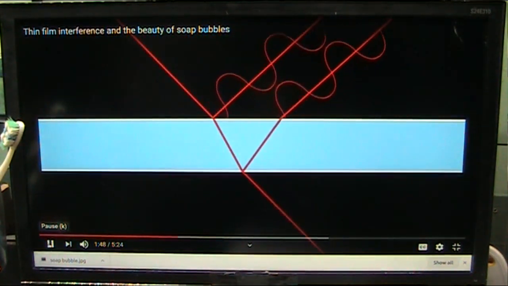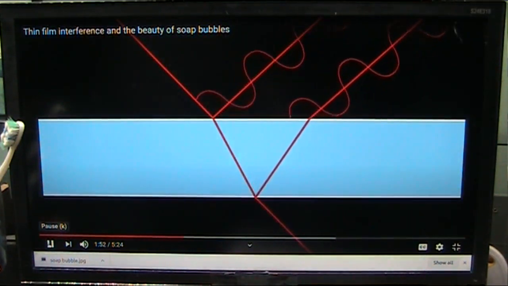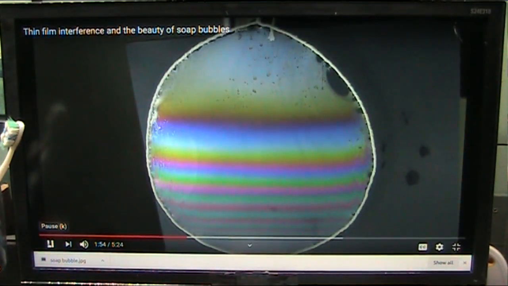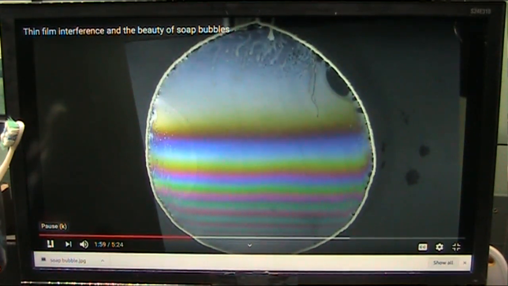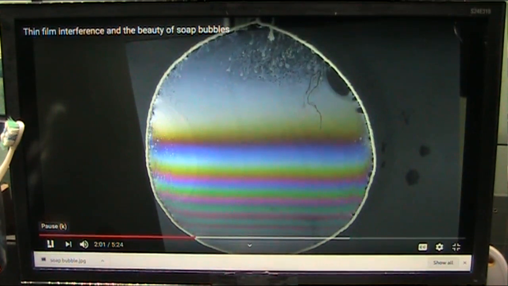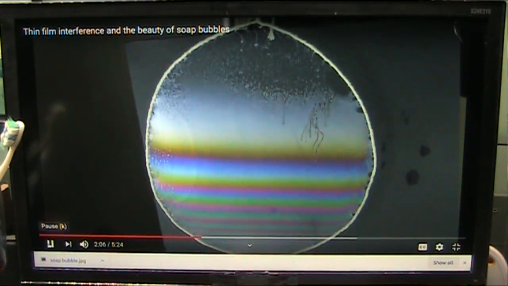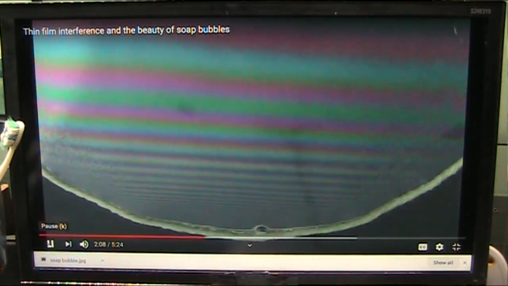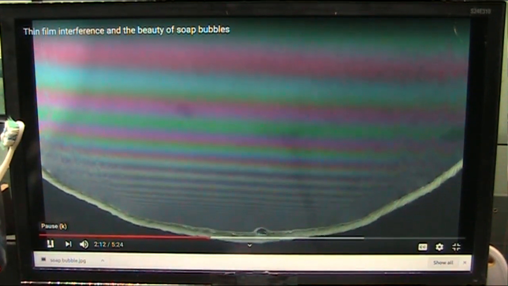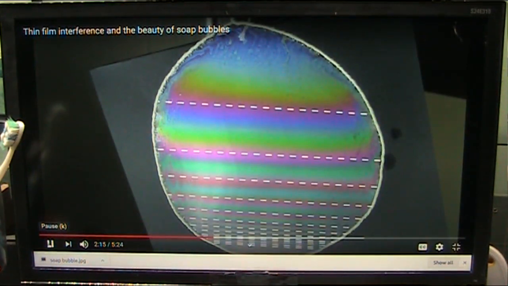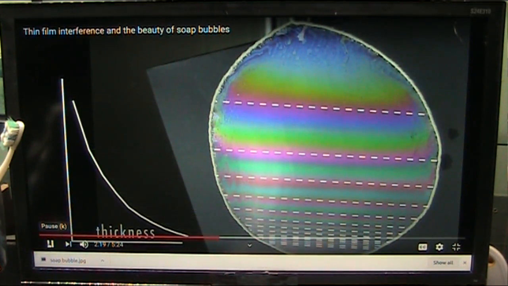However, we can also see that the interference will depend on the thickness of the film. To prove this, I created this two-dimensional soap film and hung it vertically. We can clearly see that the color of light being reflected depends on the height of the film. That's because gravity pulls on the fluid in the film, causing it to be thicker at the bottom and thinner at the top. Repeating bands of color appear because the waves will constructively interfere at integer multiples of film thickness. As a result, the thickness of the film can be backtracked and probably looks something like this.